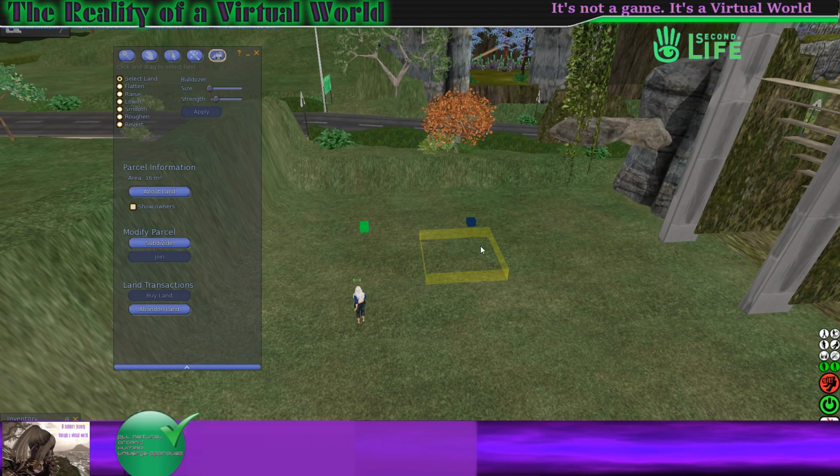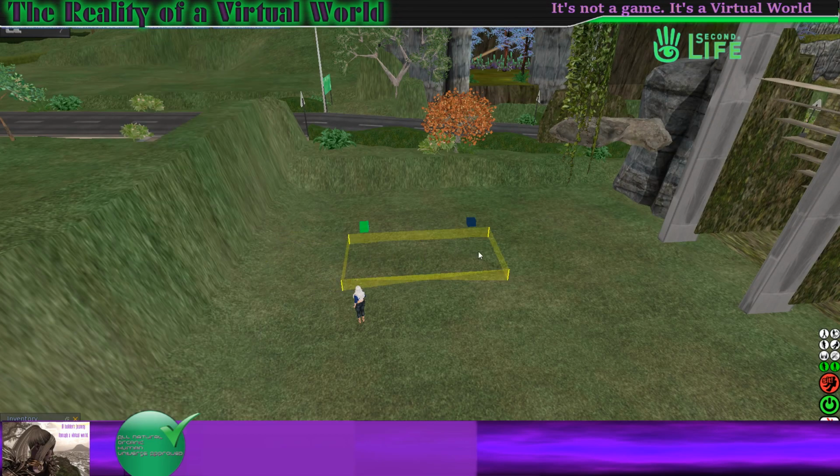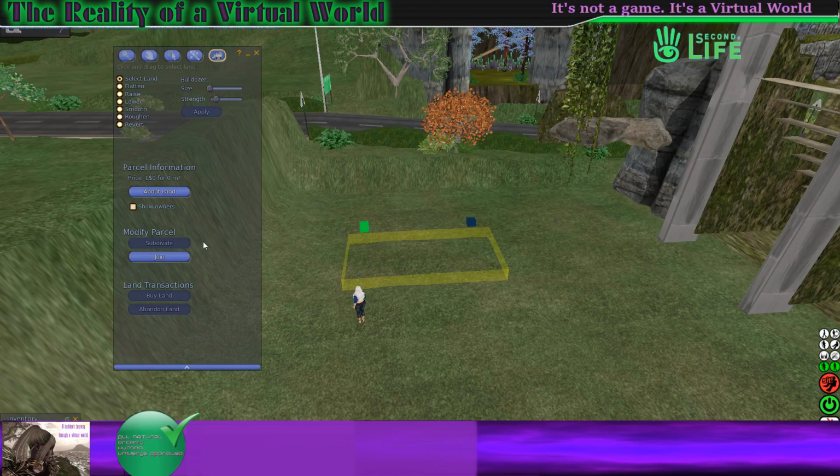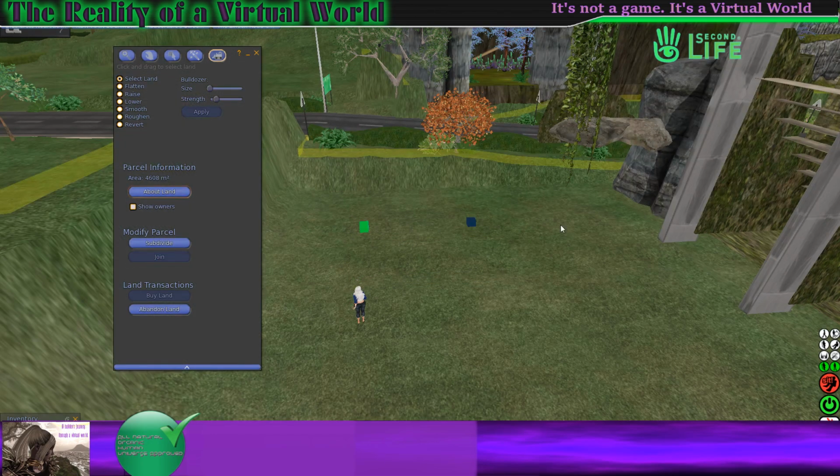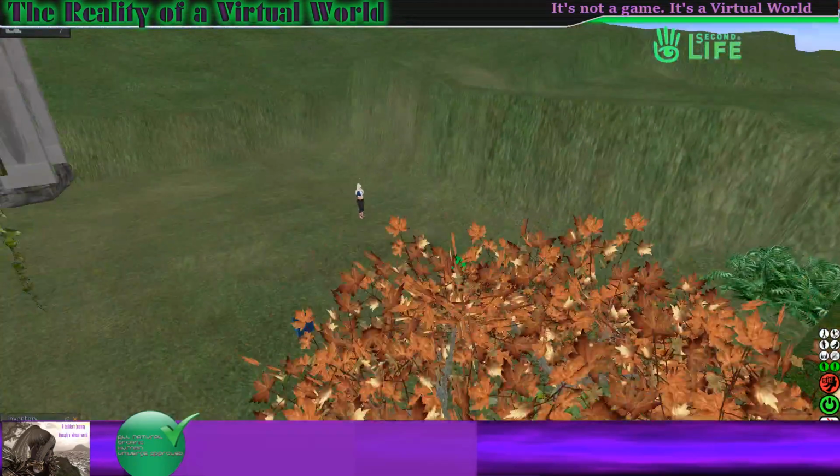So that is why, like from here to here, and you hit join, and then joining this land will create one large parcel. Join land, you hit OK, and you'll see again that the area has increased back to the original meterage of 4608. And there you have it,